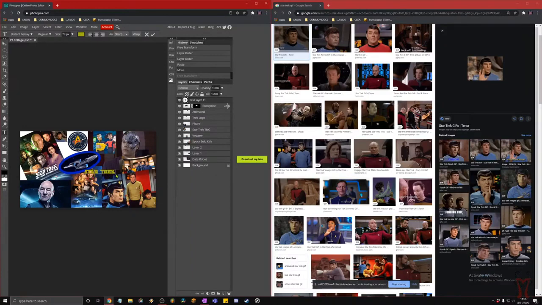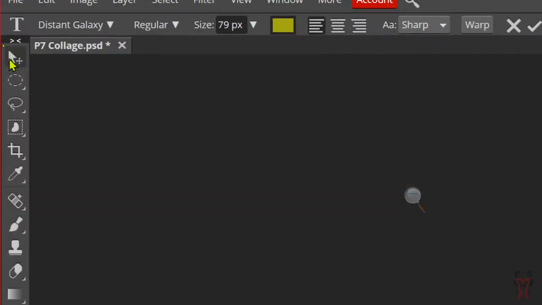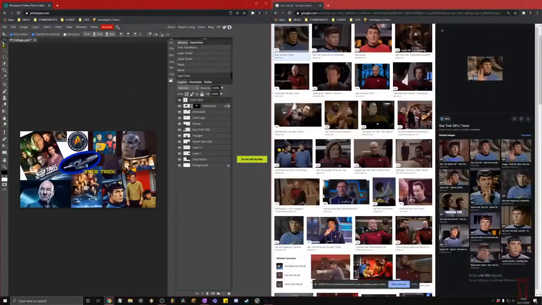Here we go. Now what you can do after you've written out your text is make it bigger by using the Move tool, the same tool that we used before. This one that has the arrow that looks like a little cross. You can click on that and then resize your text layer to make it however big you want. So I'm going to make it nice and big. There we go. And I'm even going to tilt this one a little bit too. There we go. So I've got my Star Trek